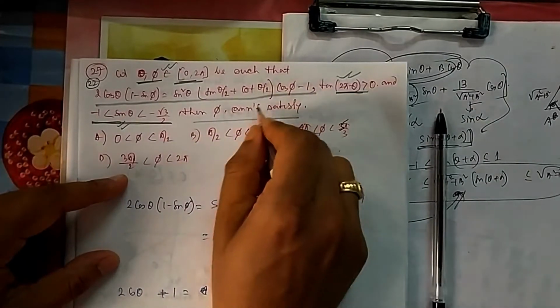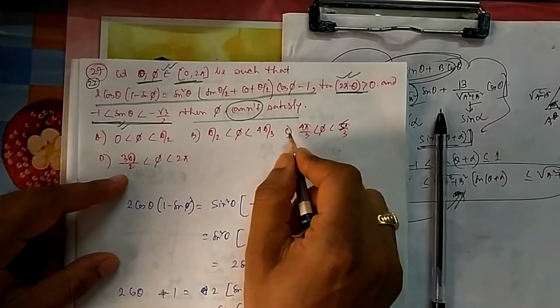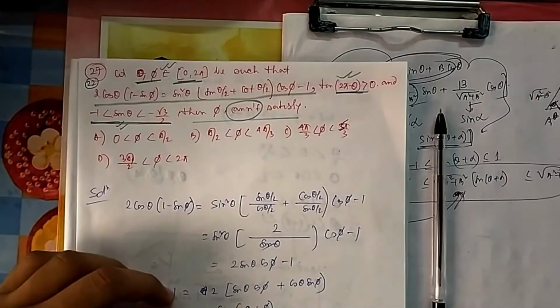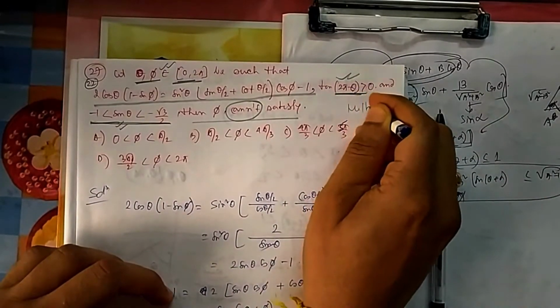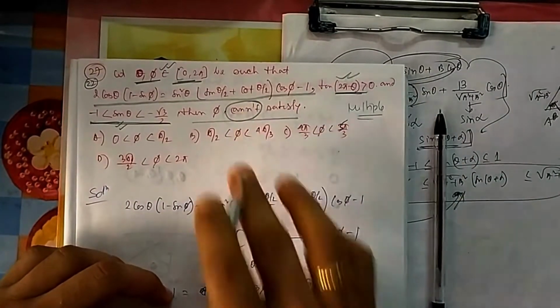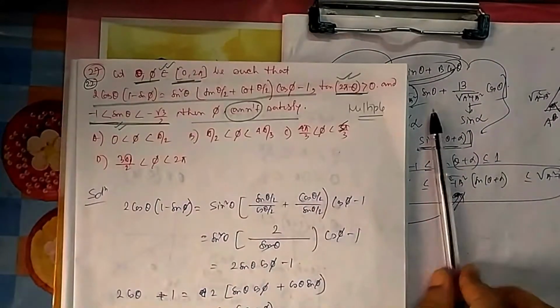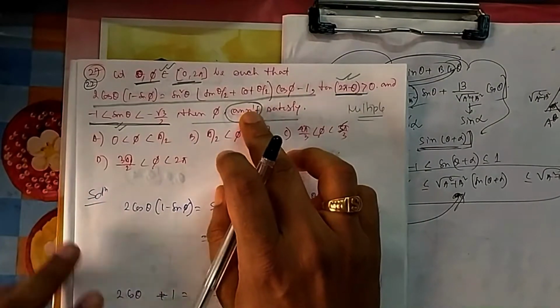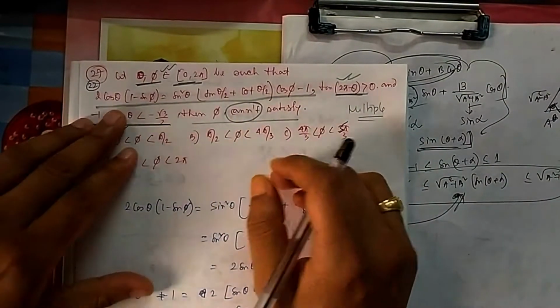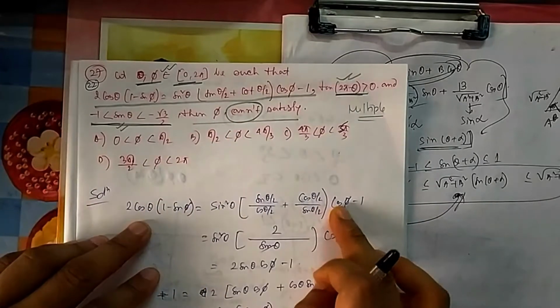Then which values can phi not satisfy? It is a multiple correct answer question. You have to choose which are the correct options. There can be 1, 2, 3 or more than one correct options, but the correct ones are those that cannot be satisfied, so you have to be careful. Now look at this expression and try to simplify it first.